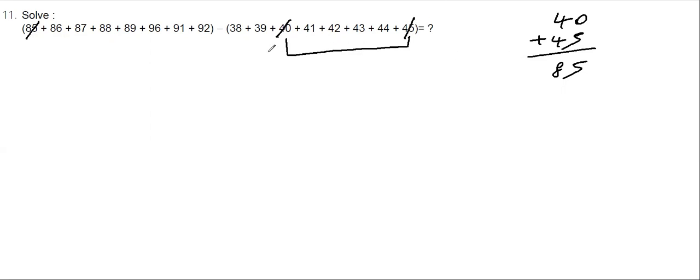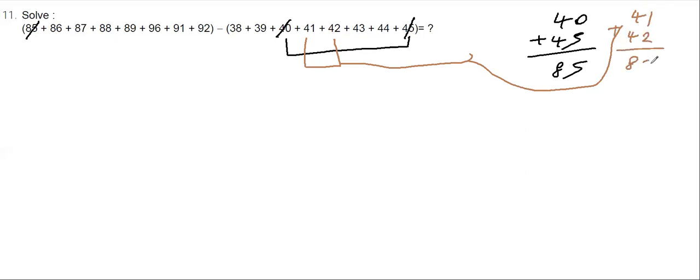Next I am going to have 448. Then okay, here I will have 41 plus 42. 41 plus 42 is what? 41 plus 42 is 83. Do I have 83 here? No, I have 86. So I will write this 86 as 83 plus 3. Okay, I can cancel this 42 and 41. I can cancel this with 83. So this I am getting cancelled.